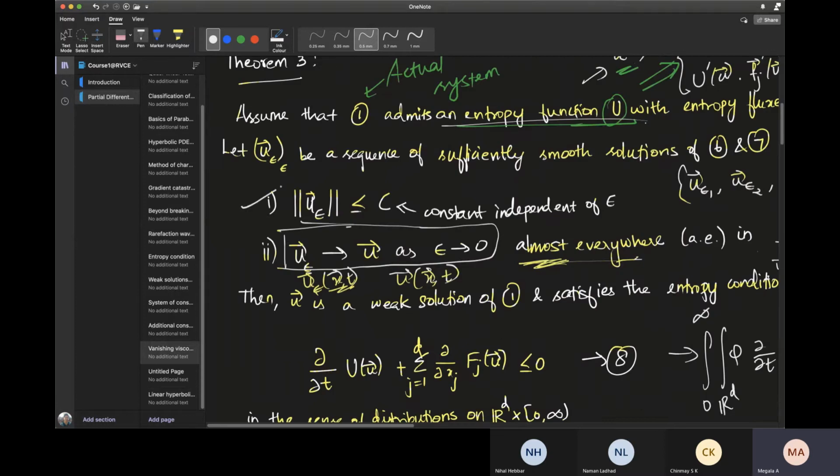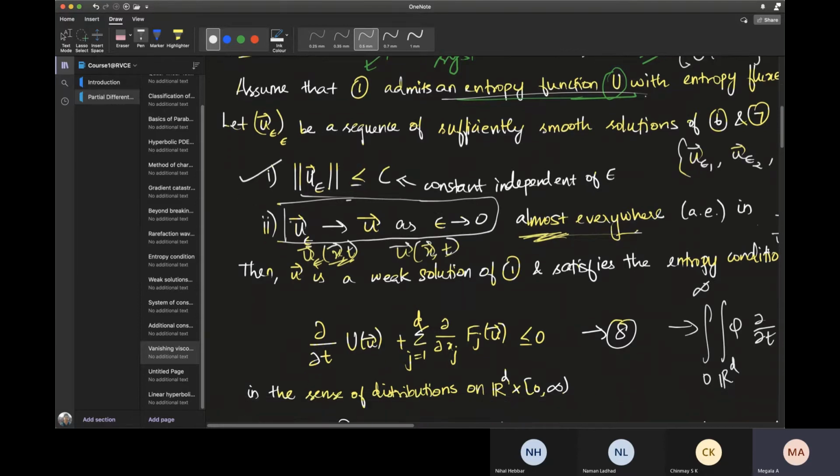So that is what is given by this condition. So it's good to put a common bound for all epsilons. So we are putting it. We are just assuming that there exists some common bound for all the norms of u epsilon. Then we are putting another condition that u vector epsilon approaches u vector as epsilon approaches 0.